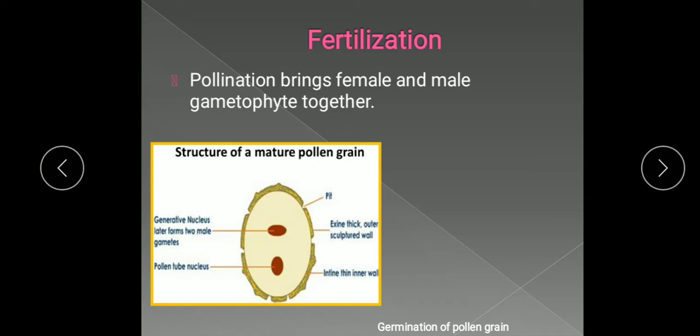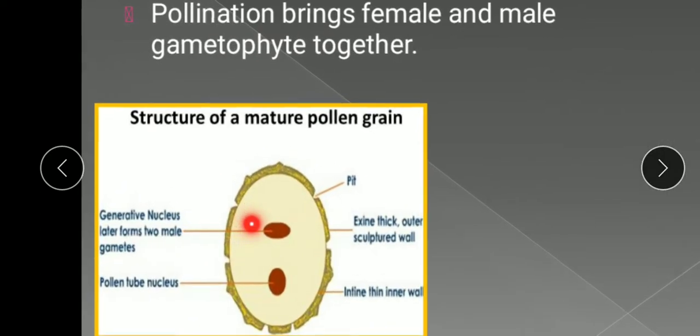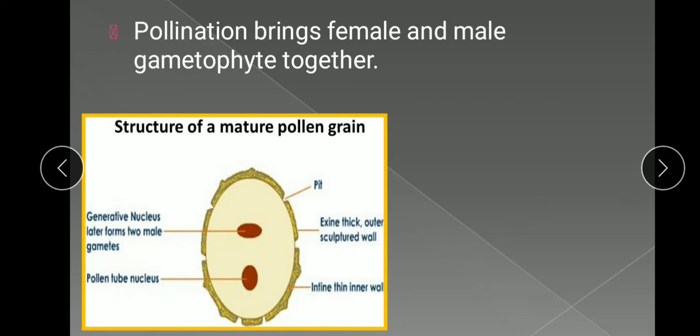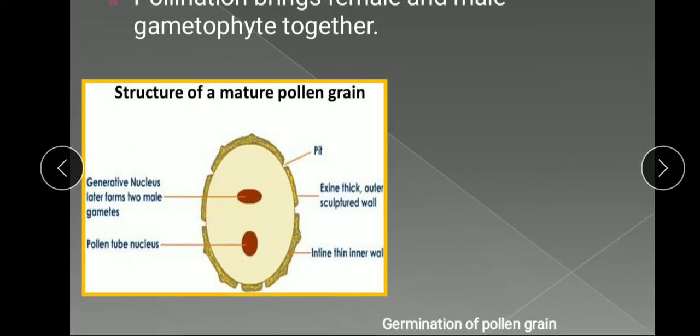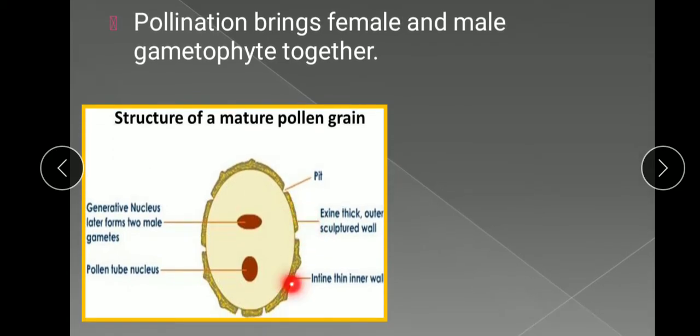So what is a pollen grain? Pollen grain is a microscopic structure covered by two layers. When we study the pollen grain, it is made up of two layers. The outer one is a thick layer, and this is the exine. The outer layer is thick and sculptured, meaning it is not a continuous layer; it is absent at some places. So it is not a smooth layer, it is a rough layer, as well as being a thick one. Then one more layer, inner to the outer layer, is the intine.